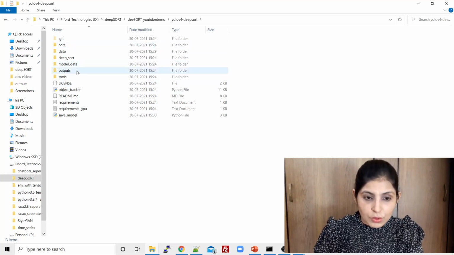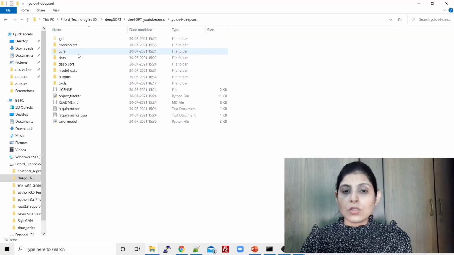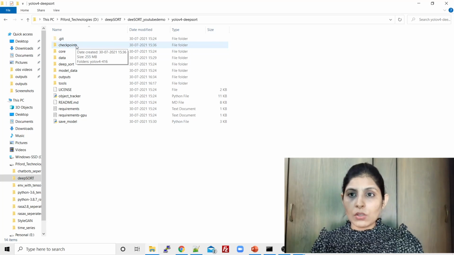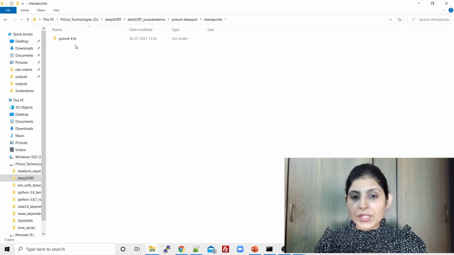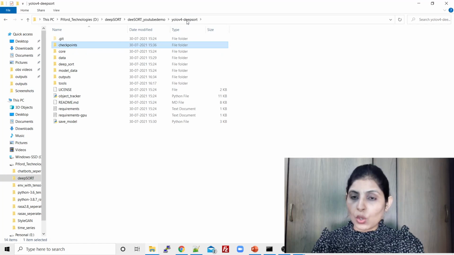Just wait for a few seconds. The code is executing right now. Now you can see the checkpoint folder over here, right? When you open this checkpoint folder, you will get a YOLO V4 model. These are the kind of files you will get. Now we have a YOLO V4 model.